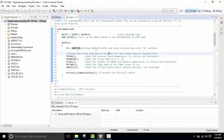So that is how you take your code from your computer to your microcontroller. And one last bit of note is that if you're having any issues, one trick you can do